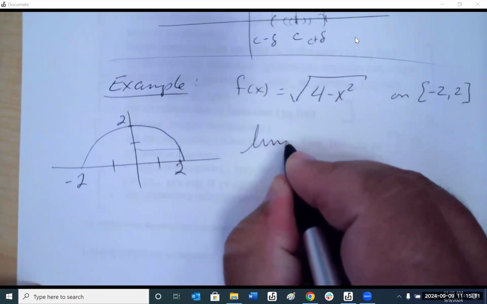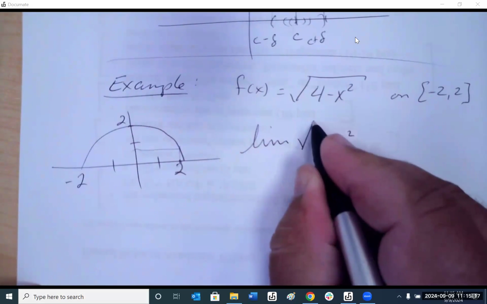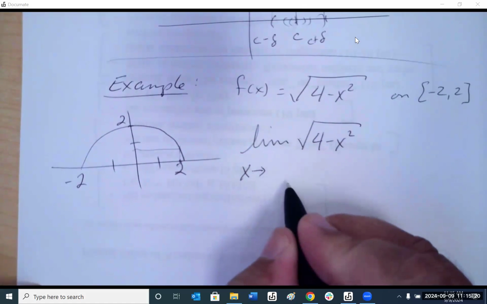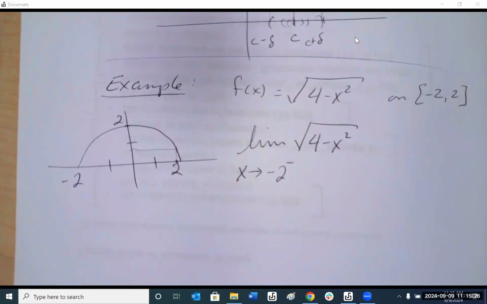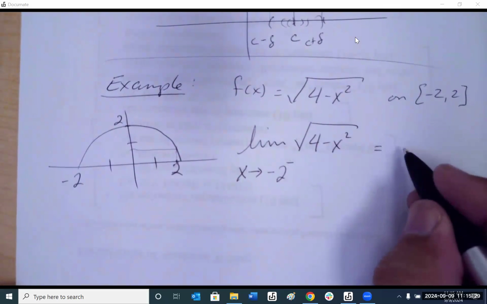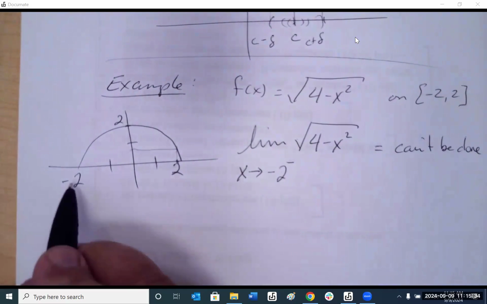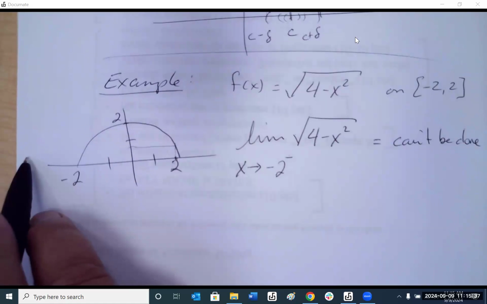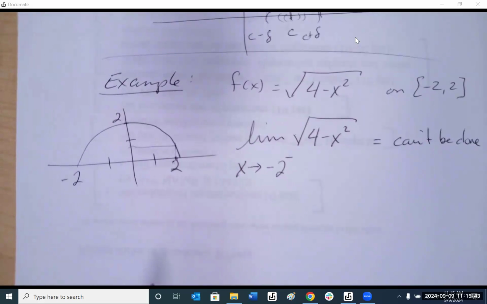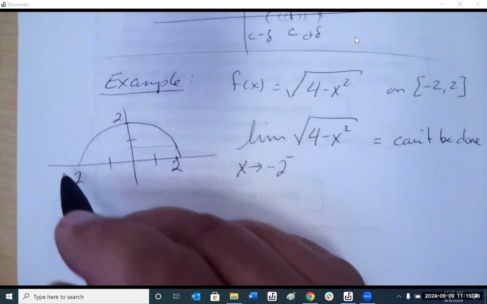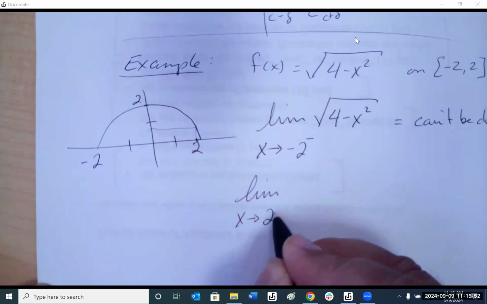But now what happens at that function as I approach -2 from the left? What happens there? Can't be done. Because at -2, is there any graph on that side? No. So we cannot take a left side limit on that endpoint. Because it's a left endpoint, it only has values to the right. So we can only do that